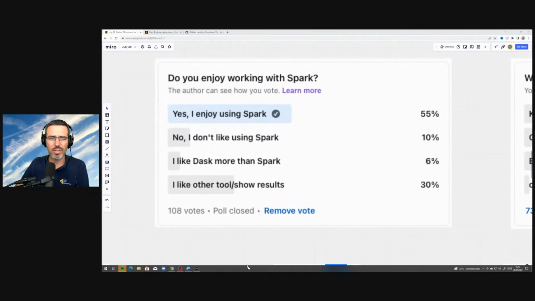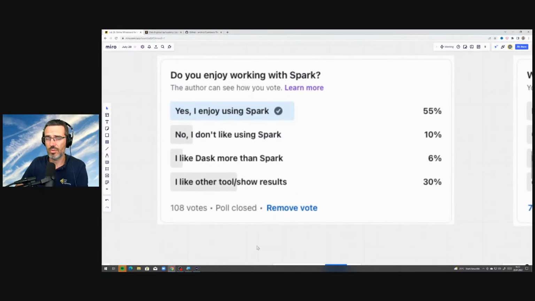Another thing for the Spark users, as I said, next thing I'm going to do is Databricks, and I used Spark also for a long time. I really like this one here, where people were saying, "Did you enjoy working with Spark?" Hell yeah, I like it. That's 55%. That's awesome. I love to see that Spark has gotten to that point where it's used in production and it's not that gimmick anymore, right? I like that a lot.